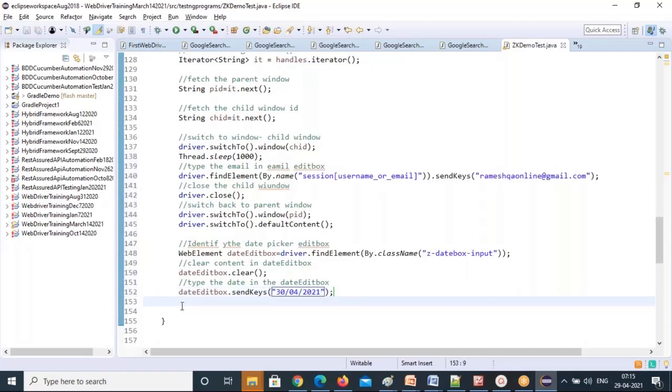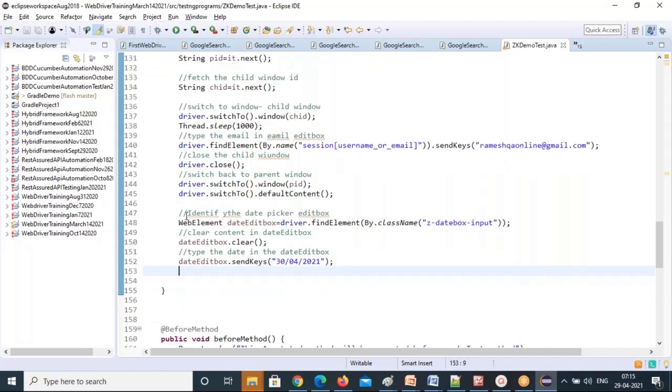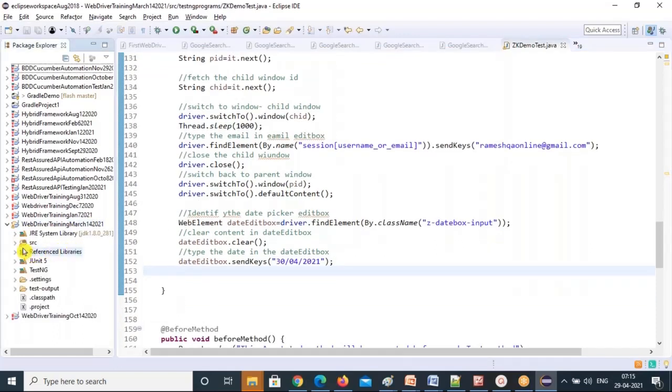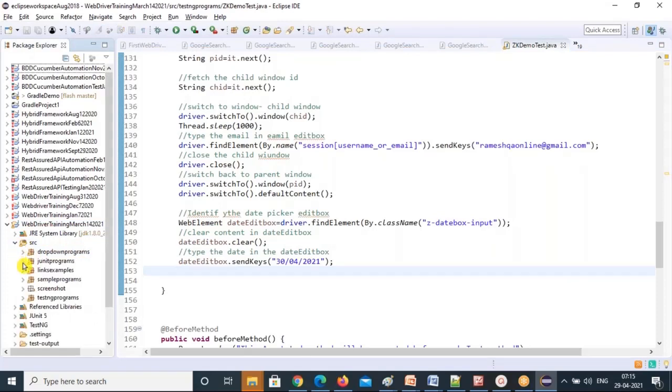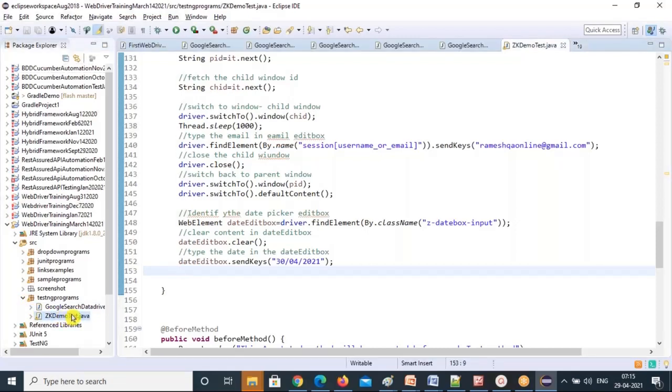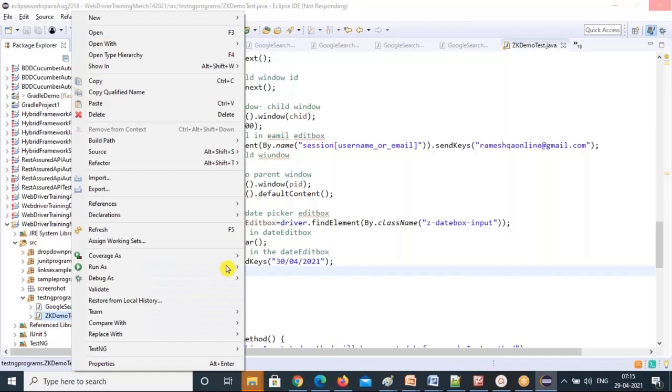That's all. So what we want to do, right? And let's run this test case. So which order it is going to execute, you can just watch it. So the order of execution, you can just watch. Just right click, run as. See, I didn't give any priority here now. So the order of execution, you can observe that. If you don't give any order, what will happen?